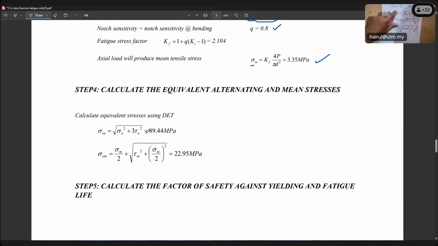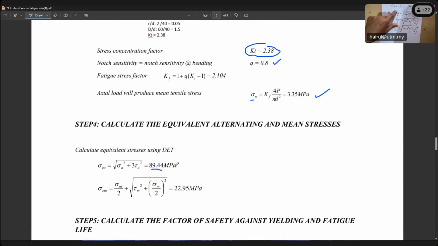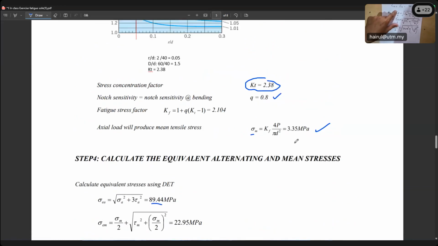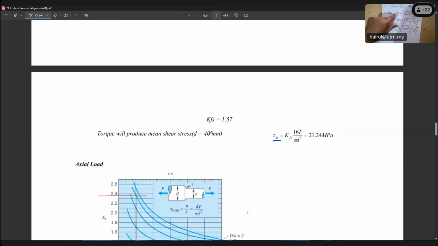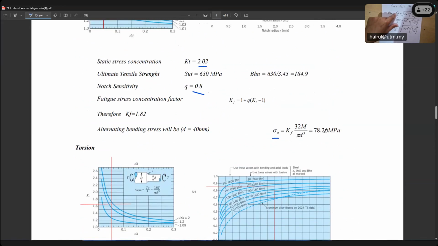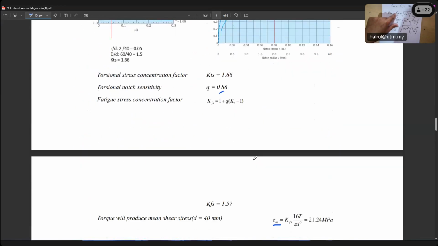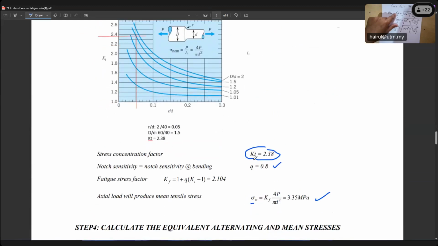Tau only has mean. I need to check this again. Why is it 89.44? Because sigma EA is only sigma alternate for bending. Bending was already calculated as 78.26. Because sigma axial,